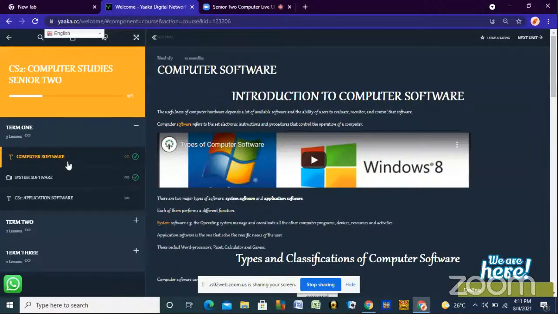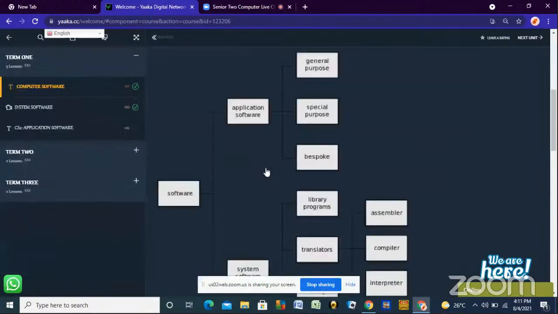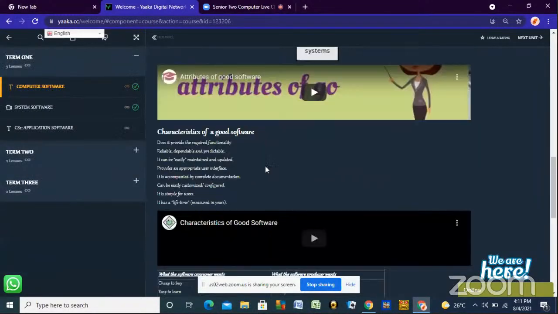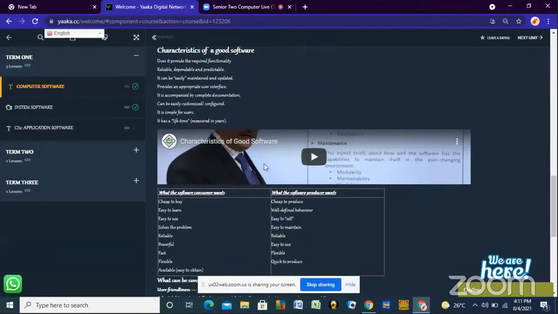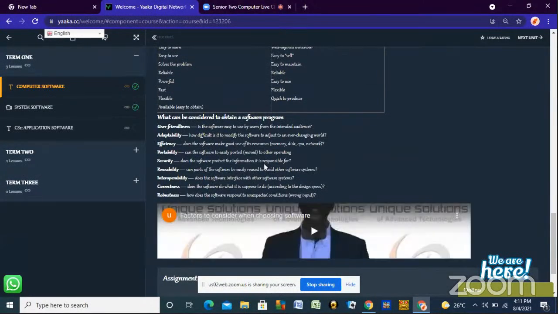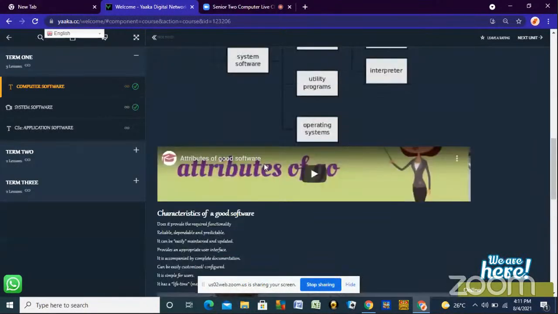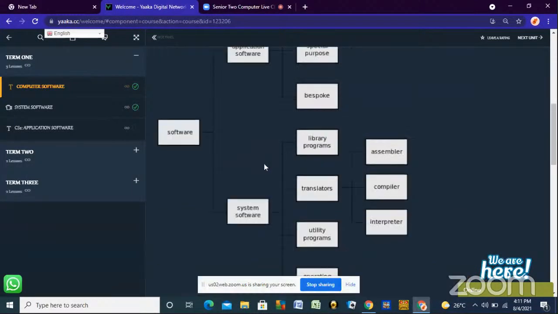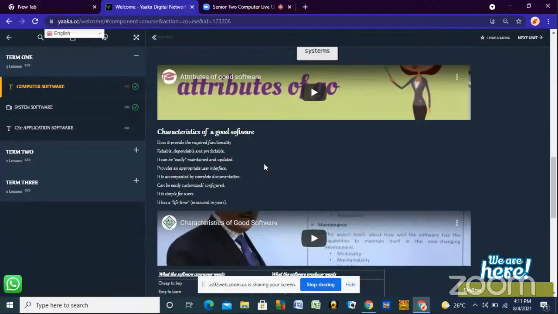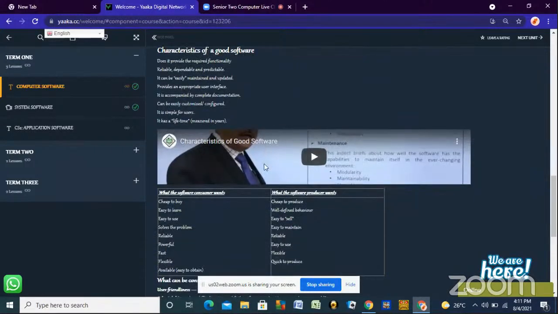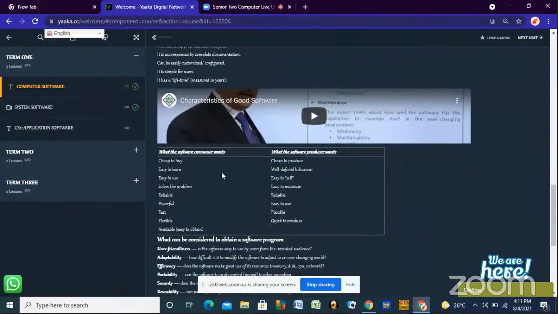First one. Real marital problem. That one you can scroll going down. No, you've gone far. You've gone far. Yeah. Briefly, shortly after characteristics of a good software, there is that table, that one. Yeah, exactly. So that is what we are supposed to look at, and that is what you're supposed to present